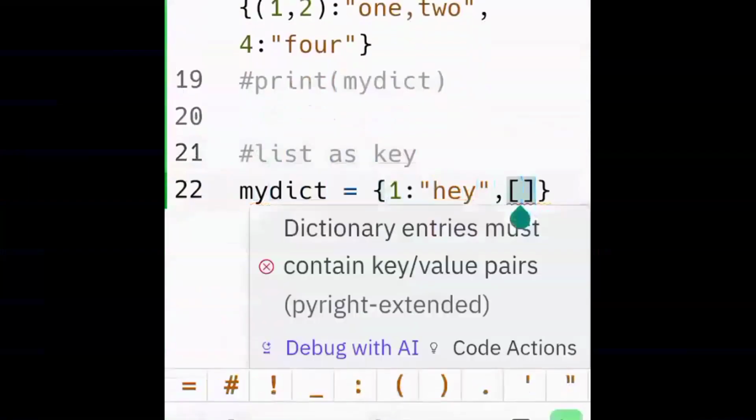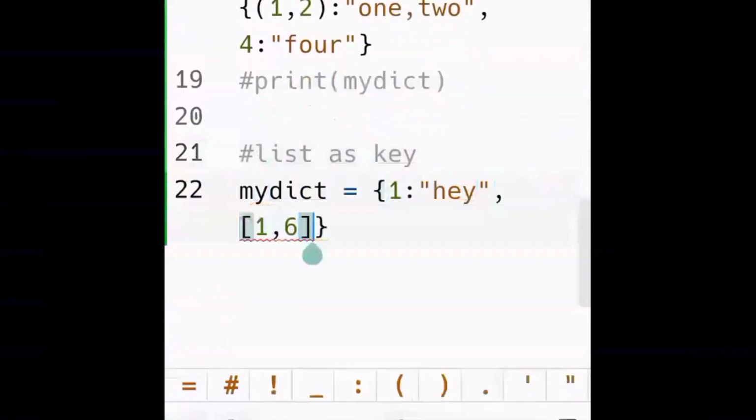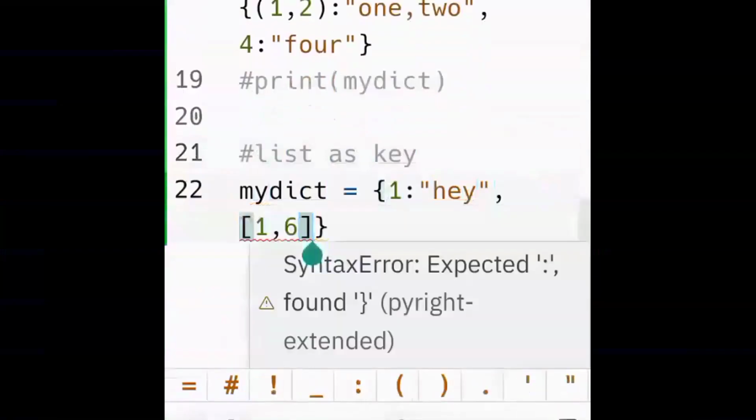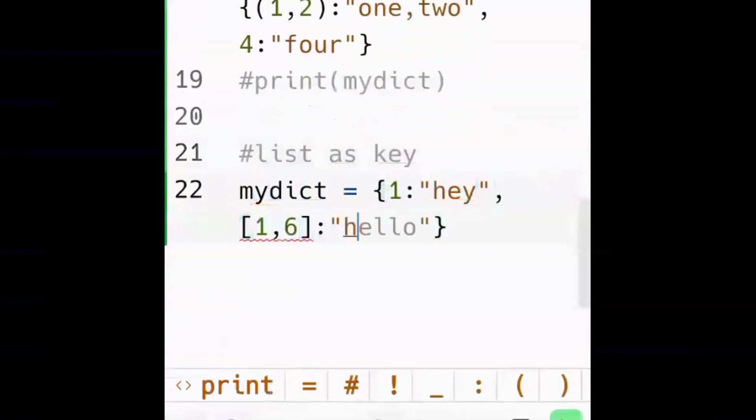Okay, the first one is an integer 1, so that's an integer key value pair. The first key is an integer. The second one, as you can see, is a list. There are 2 digits here, 1, 6. So this is a list. I'm not going to explain what a list is again because I've already done that with you. I'll just include a link in the description below. So 1, 6 happens to be the key here and it's a list.